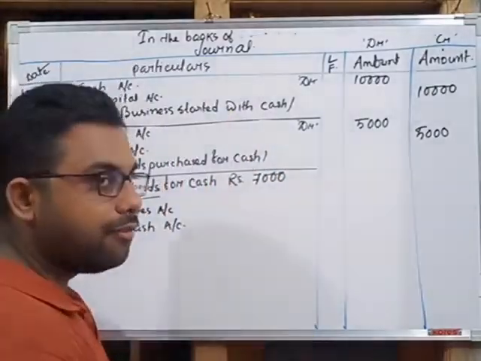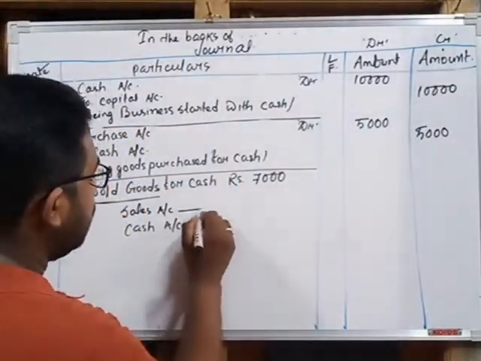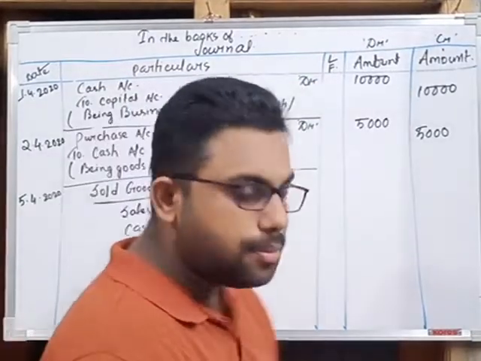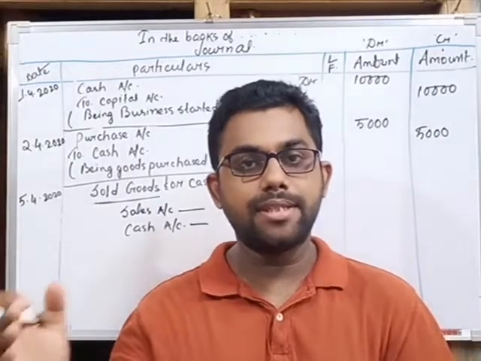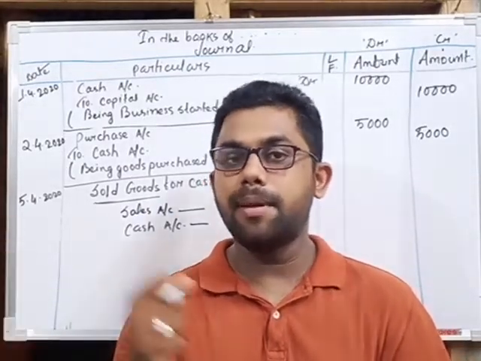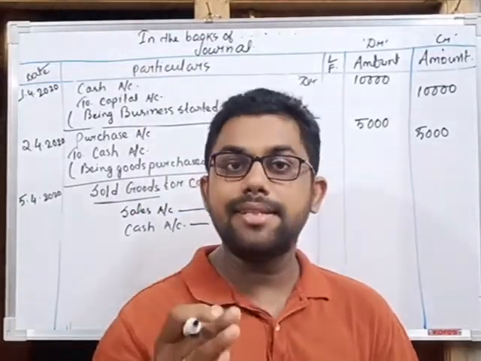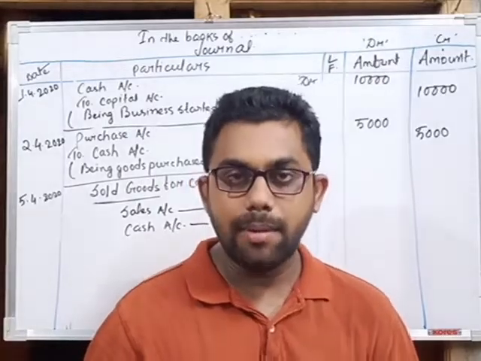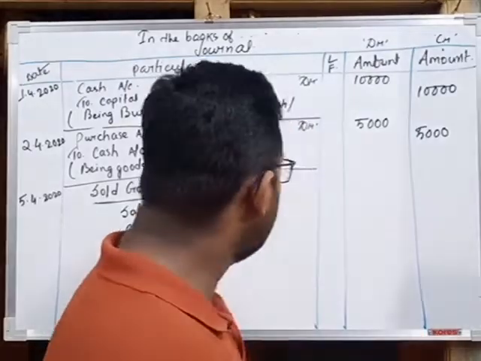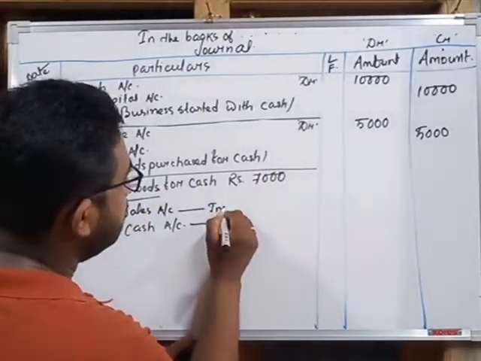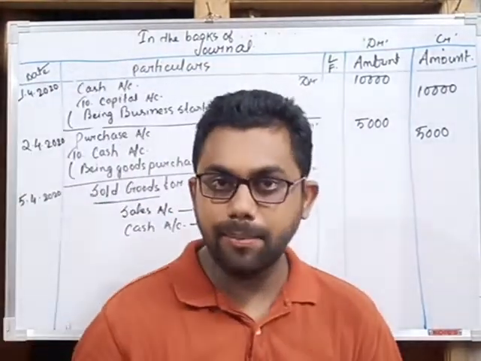Next we have to identify what type of account both of these are. One is sales. What does sales mean? Sales means I have a certain amount of goods. Suppose I have sold goods for rupees 7,000, that means I have received 7,000, so cash comes into the business. If purchase is expenses, we can say that by selling we will earn income. Okay? So sales is our income. Purchase is our expenditure, that means whenever we purchase something, it is our expense,